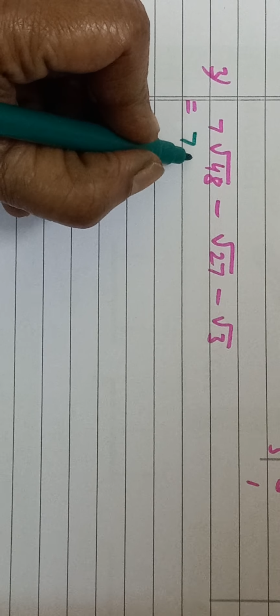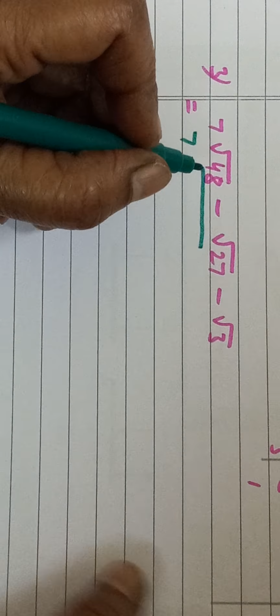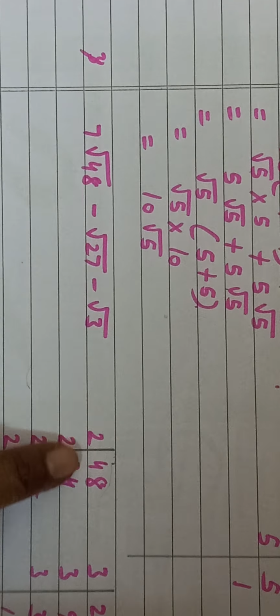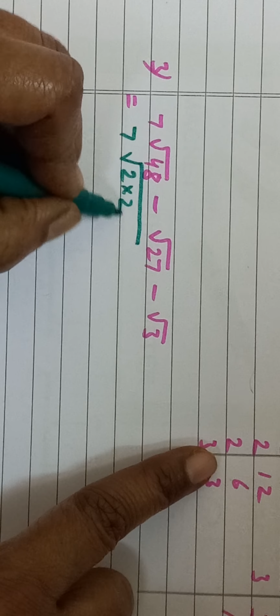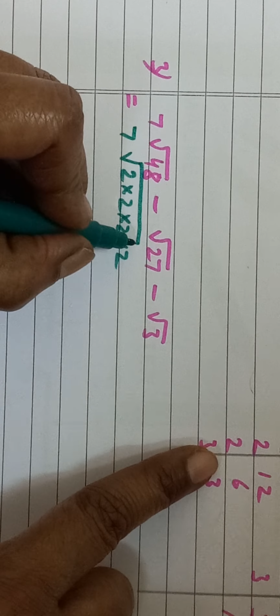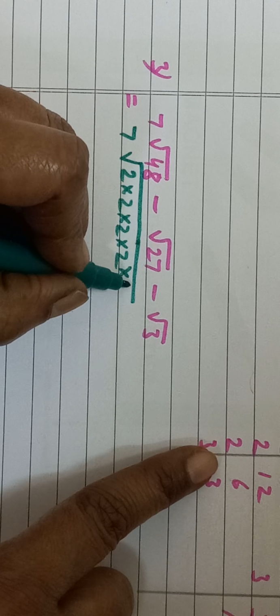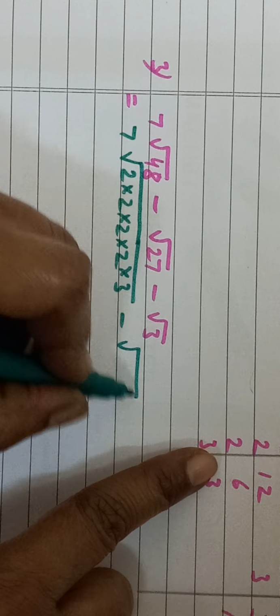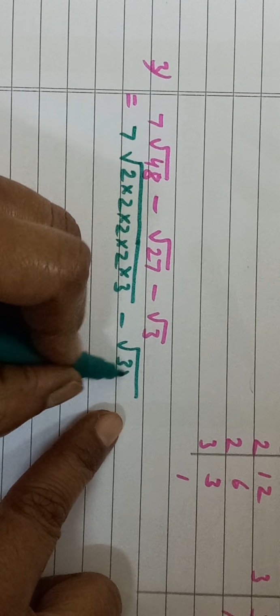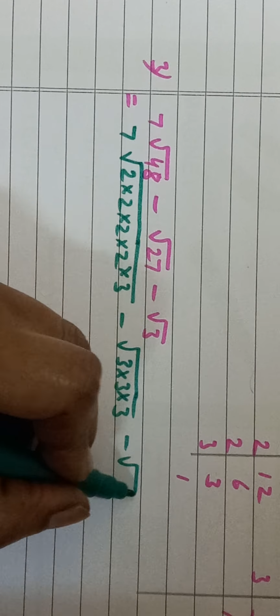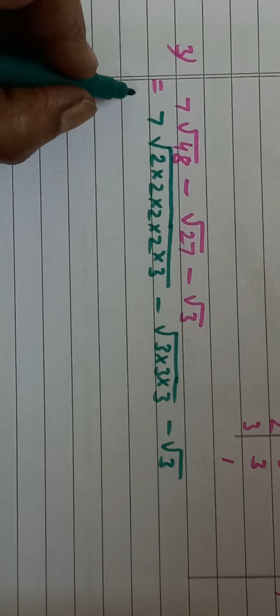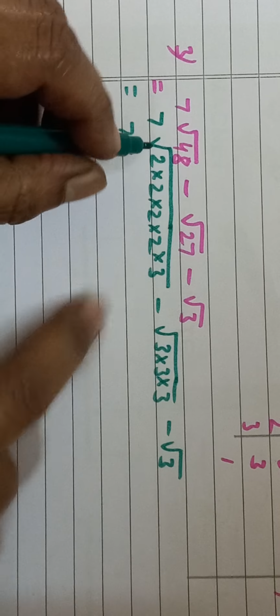7 under root. Now 48 means what? I will write it as 2 into 2. How many times 2's are there? 4 2's are there, and this 3. So I'll write it as 2 into 2 into 2 into 2 into 3, minus this 27, I can write it as 3 into 3 into 3, minus, which will give me 7 into, now outside the